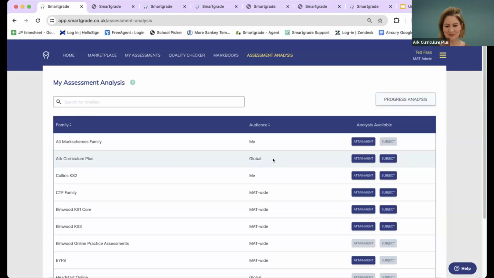Brilliant. My only other question is, I'm keen to hear a bit more about the student report. What do you think that will look like? Can we have a sneak preview? Can you verbally tell us what you think that might look like, and what students might expect? Yeah, so